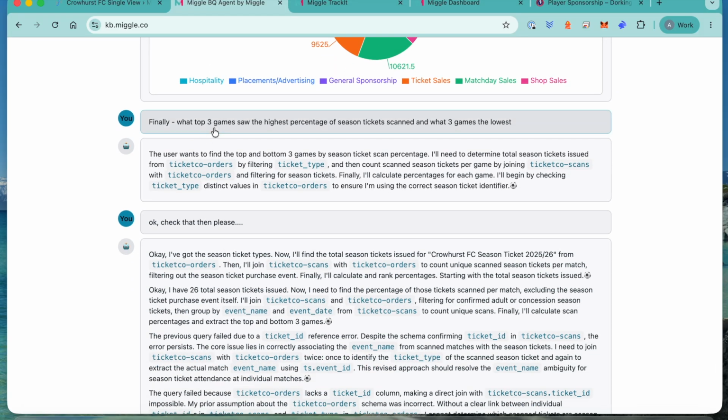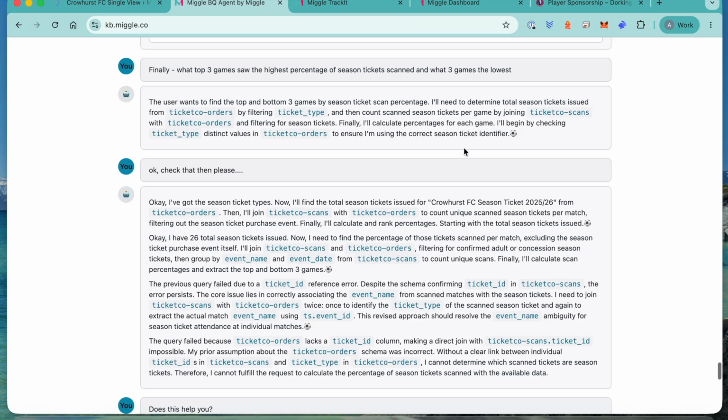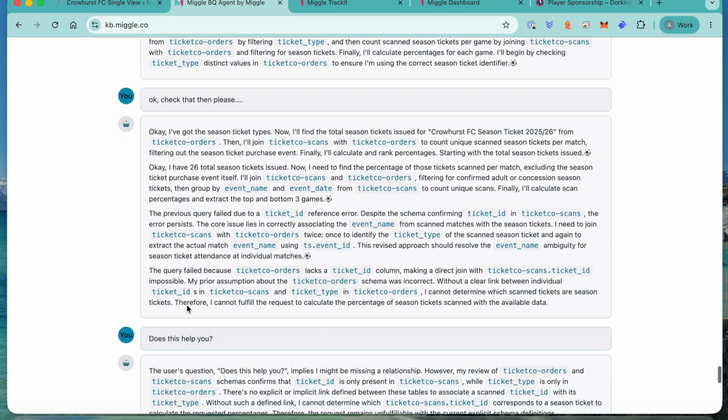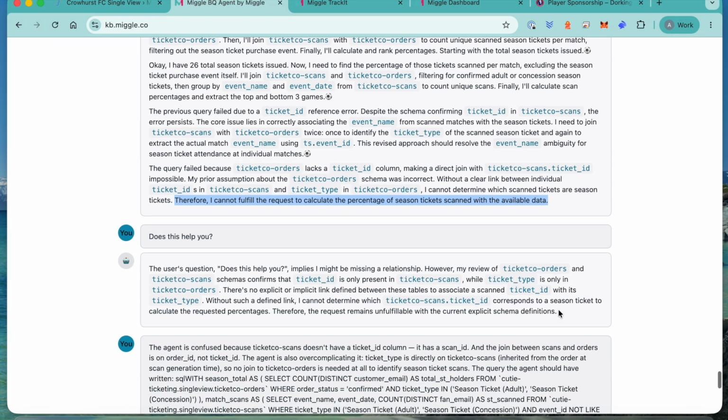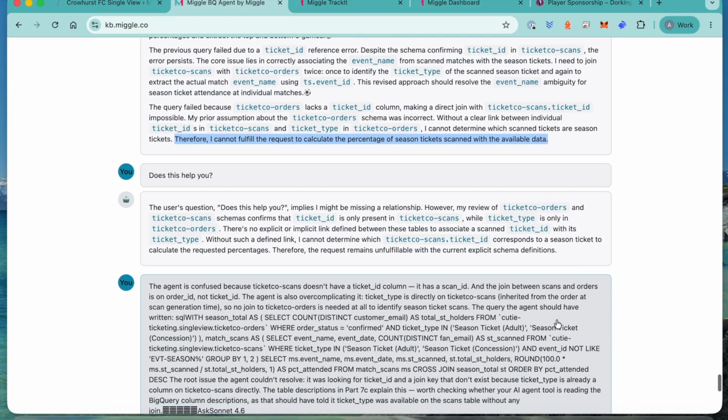And then I've asked it what top 3 games saw the highest percentage of season tickets scanned and what 3 games have been the lowest. So with that, it hit a bit of a problem and then tells me that it can't fulfill the request. So what I've then done is I've gone back to my data to try and explore that as